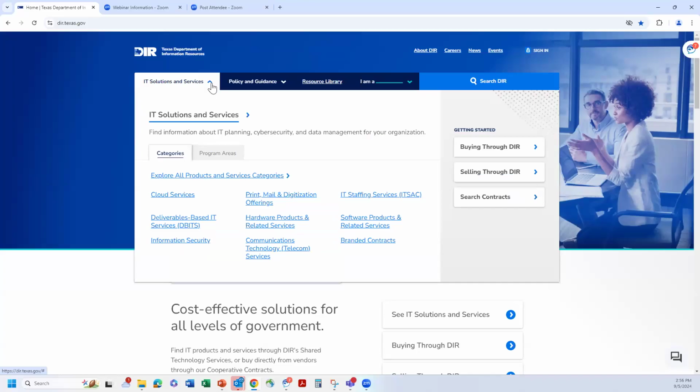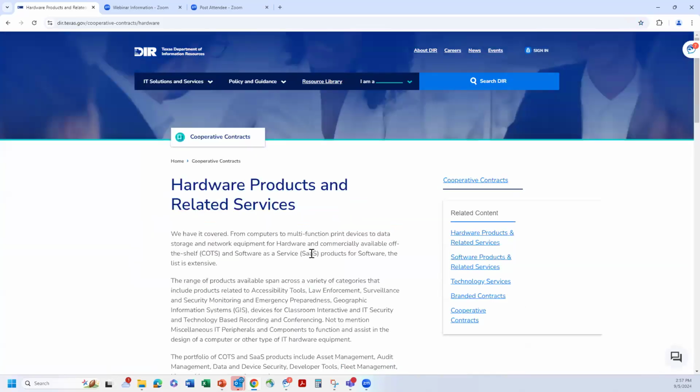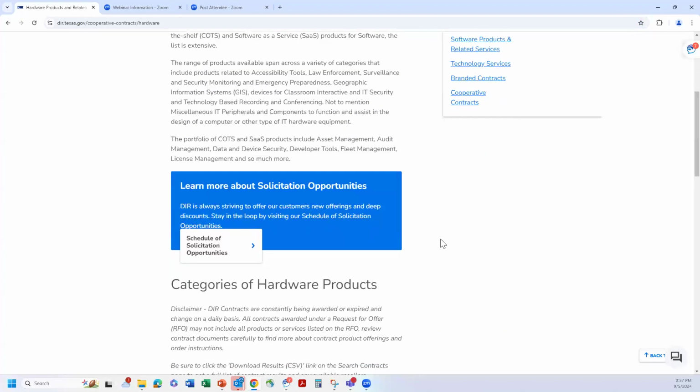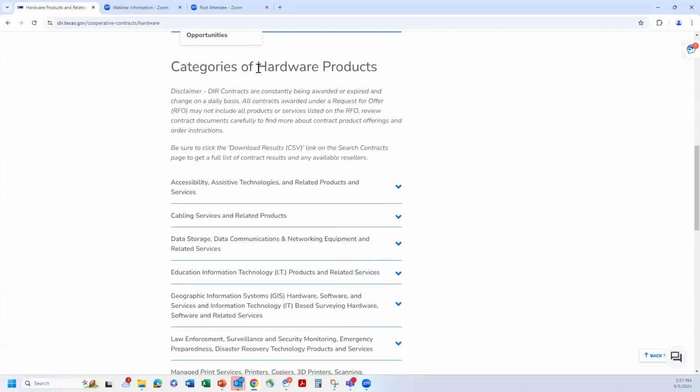So we kind of categorize things to make it a little bit more user-friendly. And if you want to look at IT solutions and services, there are different categories you can click on here. If you're looking for our DBITS contracts or our hardware contracts, if you click on the hardware contracts link right here, you can scroll down to the bottom of this page and see our categories of hardware products.